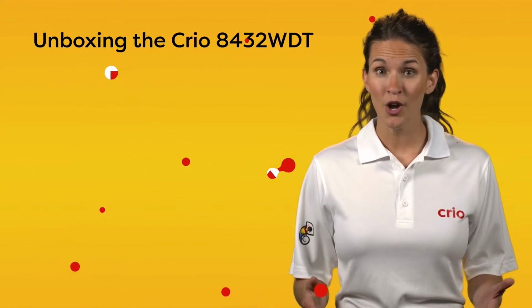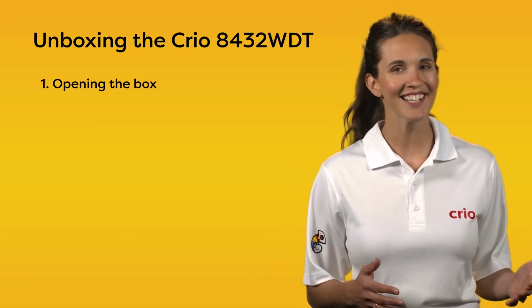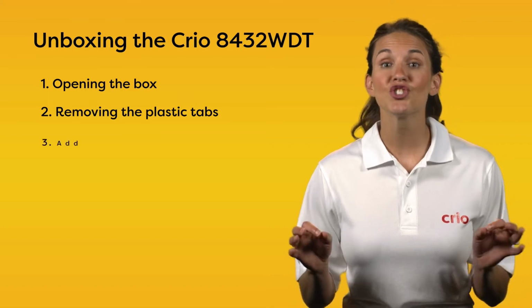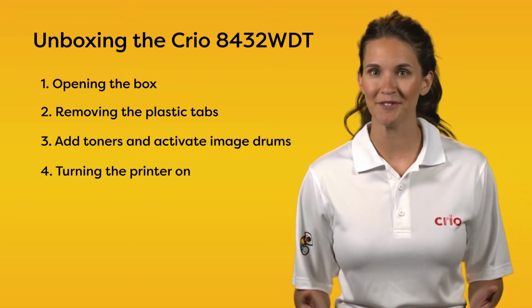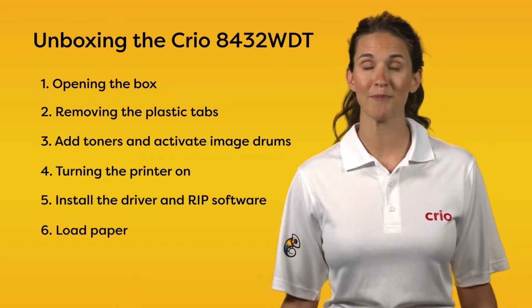In this video, we'll show you how to remove your printer from the box. Next, we'll open the printer, remove the plastic tabs, and install the toners and activate the image drums. Then, we'll power up the printer, install the driver and RIP software, load paper so you can get started with your new Crio